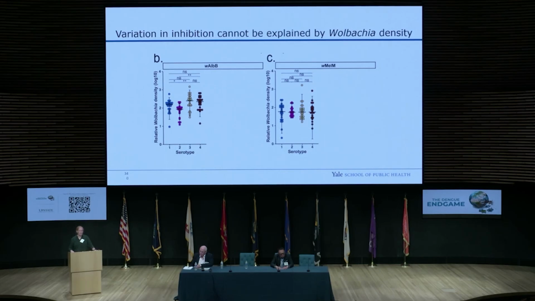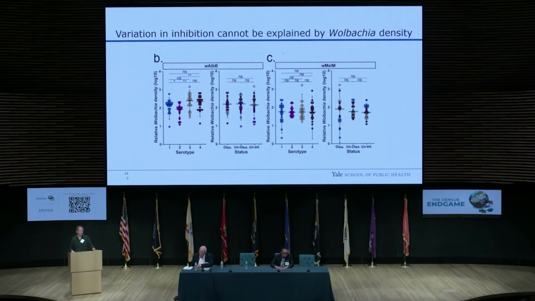In fact, if anything at all, in WL, we see the highest densities of Wolbachia, and that was the one where we do see substantive viruses that were least inhibited. Another way of looking at the data is by breaking it down by dissemination status. So if you have fully disseminated mosquitoes versus ones that only became infected or ones that did not become infected, do we see any differences there? But even there, it's pretty constant. We don't really see any significant differences, indicating that we're not seeing a huge density effect.